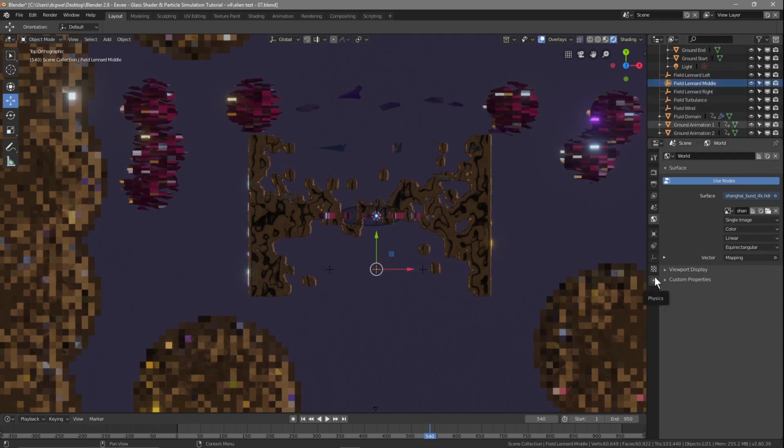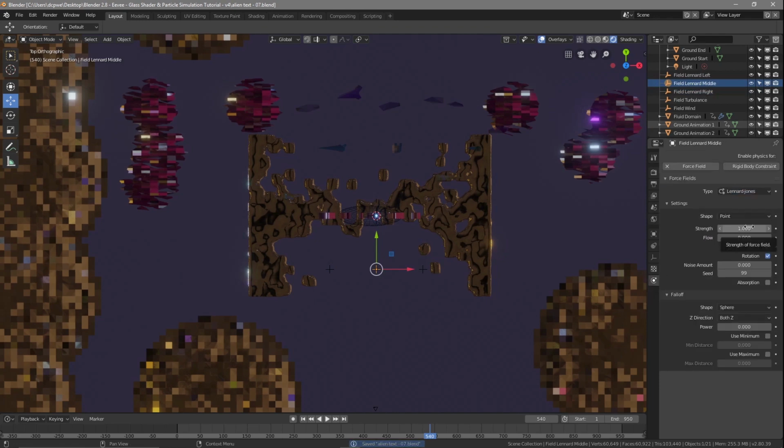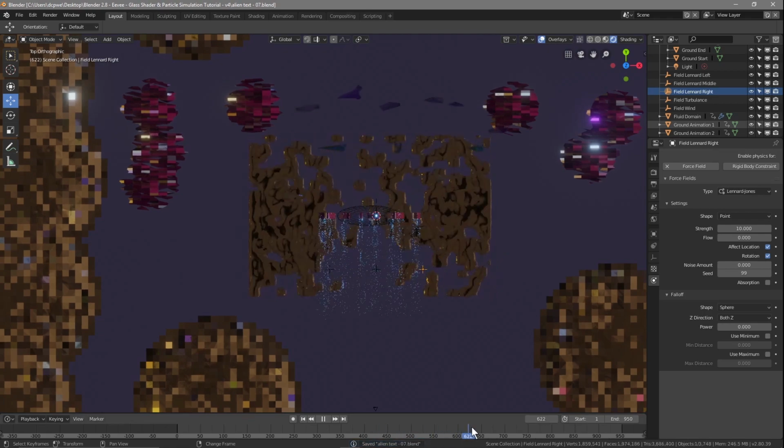We'll go to its physics settings. Let's press Ctrl S to save it, and we'll set the strength to 10 as well. And we'll set the left one to 10. And then we'll set the right one to 10 as well. Inside the physics settings here, let's press Ctrl S to save it. Now,